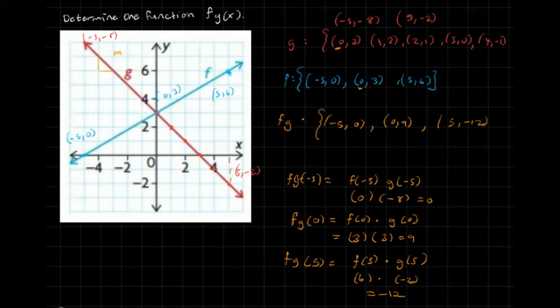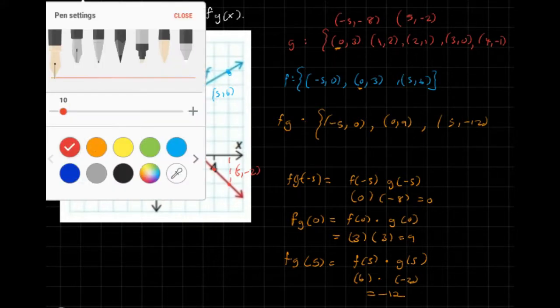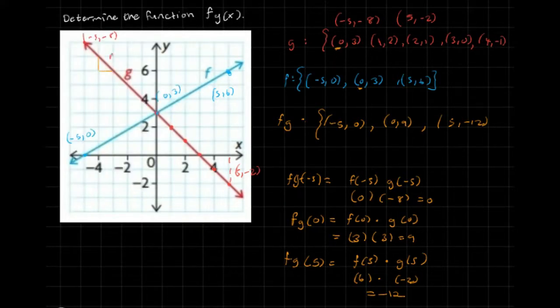Right, so let's just use a different color for this. But if you look at g of x, the slope here is -1, and you can see that the y-intercept is 3, so g of x should look like negative x plus 3. And if you looked at f of x,